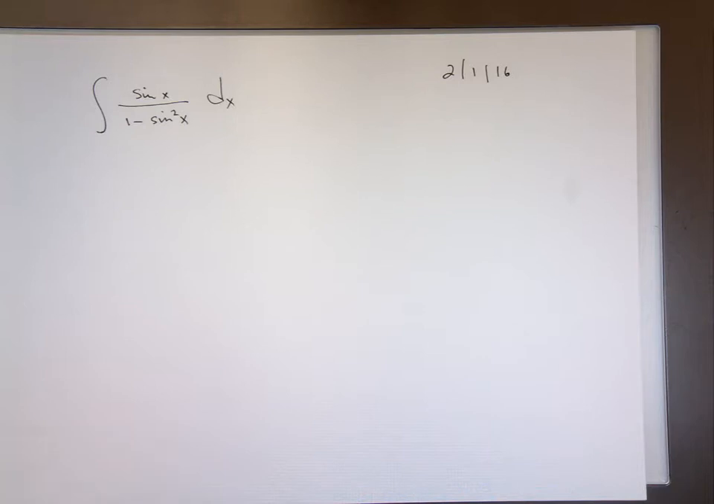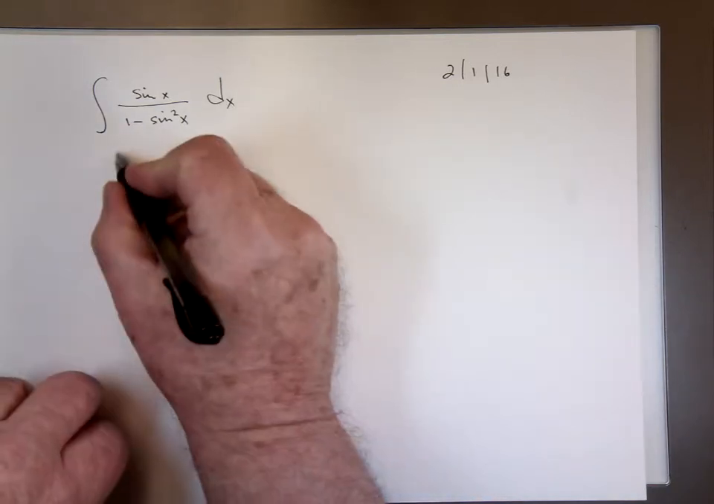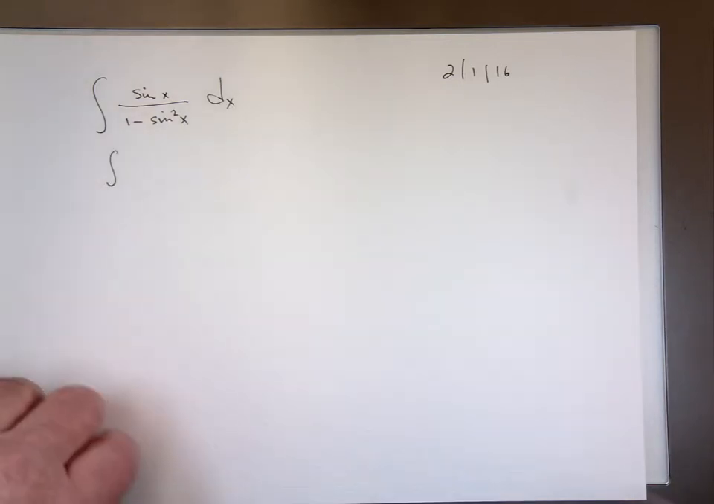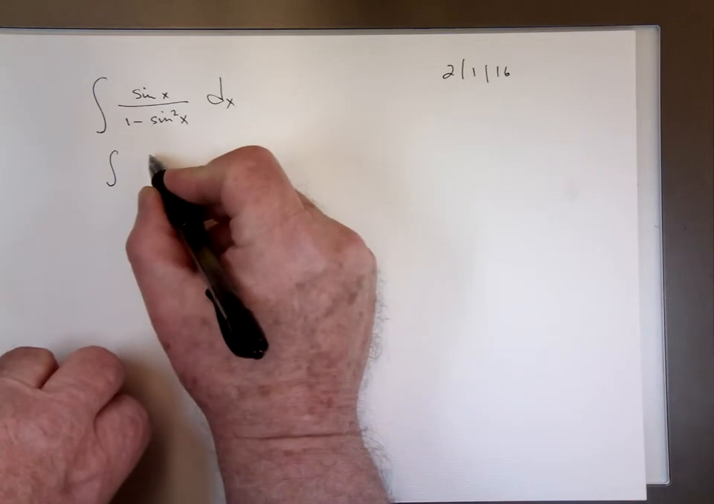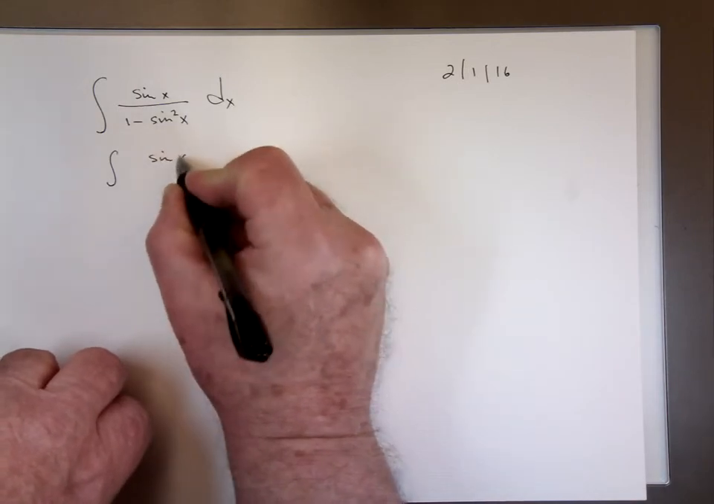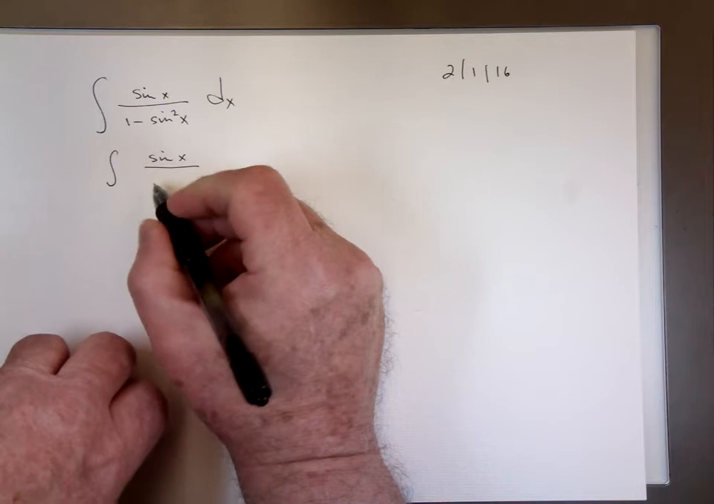Okay. All right, sine x over 1 minus sine squared. Well, it's certainly not an integration form that we have. We have sine x, we have cosine x, we have secant squared, we have things like that. What do you have to do? You're going to have to change this somehow. How do you change this? Well, what's 1 minus sine squared equal to? That's equal to